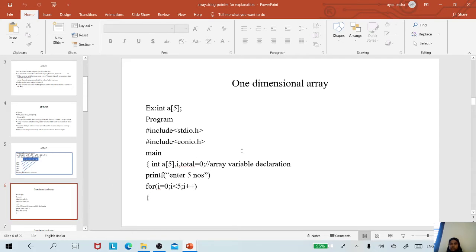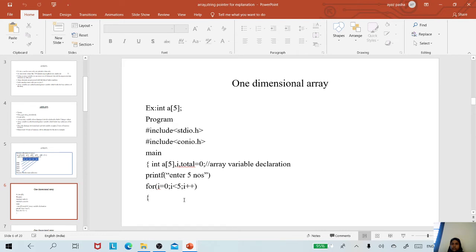The objective of this program is to accept 5 elements and print 5 elements, and in the last we are going to see the total of the 5 elements printed. Since the size is 5, first we'll use the printf function, the output function, to display "Enter 5 numbers". On the output screen, that will be the first statement. These 5 numbers are collected from the keyboard through the scanf function.